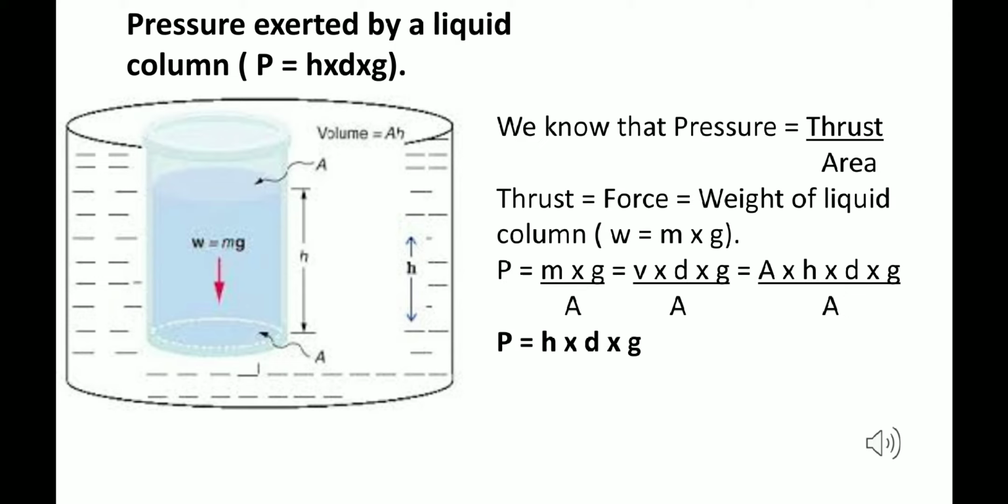Now you have understood our earlier slide also, that we said pressure is directly proportional to the height as well as the density of the liquid. As acceleration due to gravity is the same at that point, height and density are directly proportional to pressure. If height and density increase, pressure will increase. If density increases, pressure will increase. If height increases, then also the pressure will increase. So both are in direct relation with pressure. So we move further.